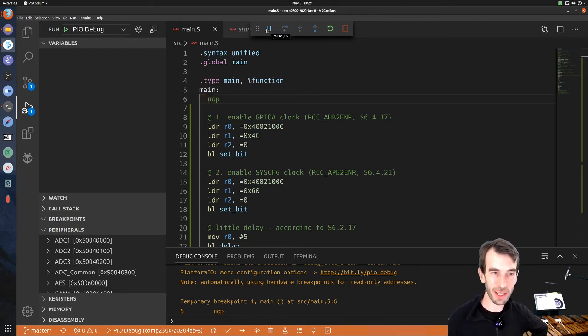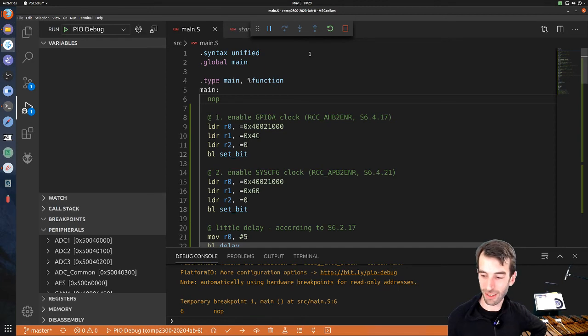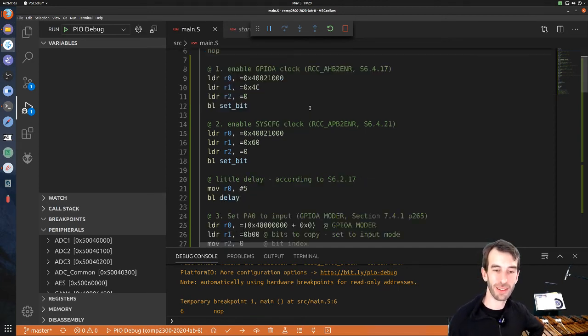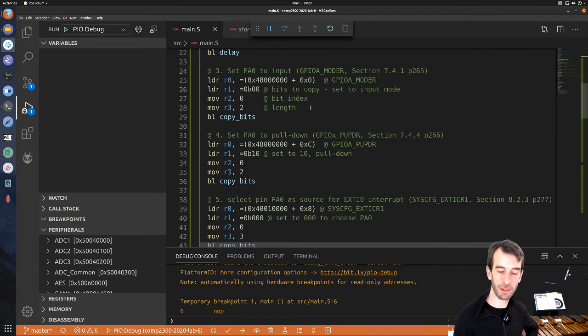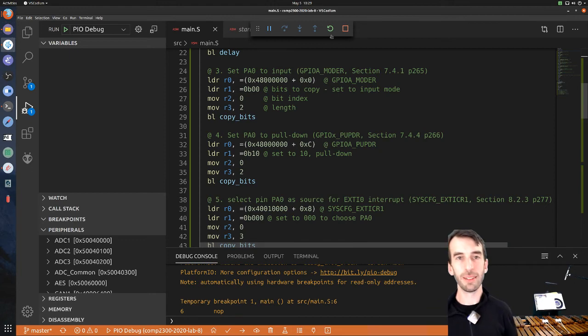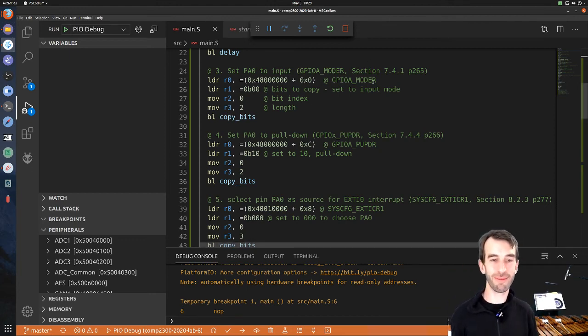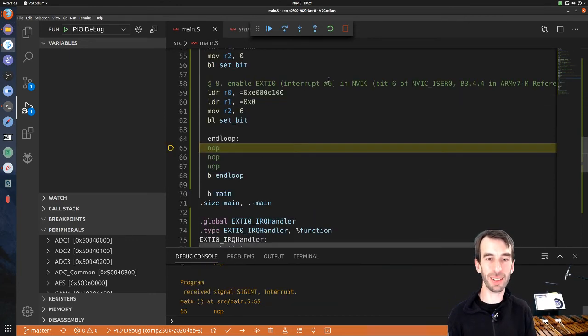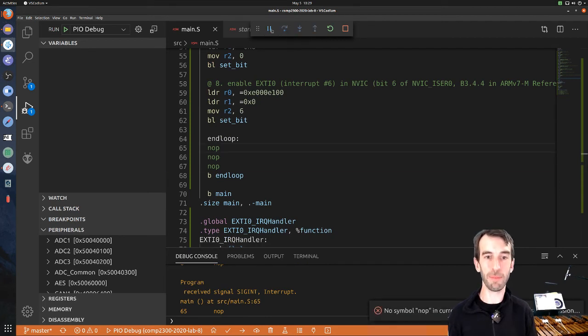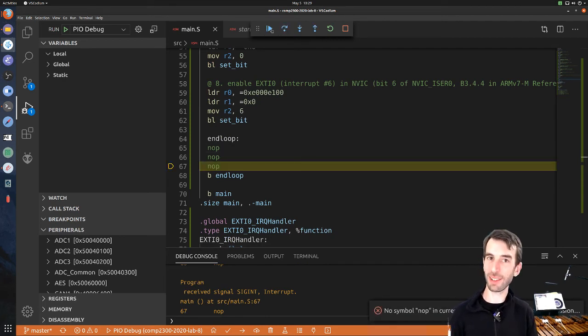Okay, so if I run my code, then things are just going. And how do I know when an interrupt has occurred? If I press the reset button, that's it, right? How am I going to know? I could pause it, and I'm just in this end loop. I'll try to pause it right after... Nope. See, the interrupt is handled so fast that even if I clicked these at the same time,